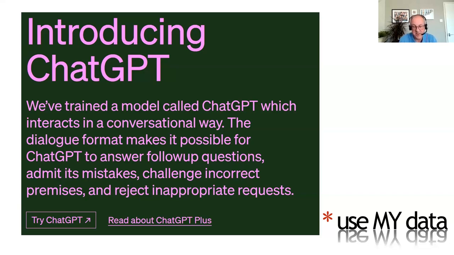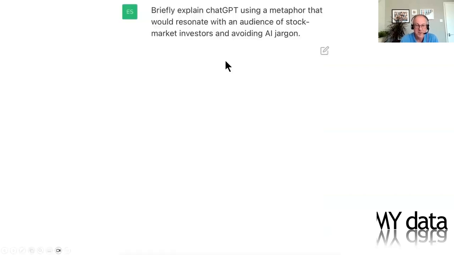And this is a screen grab from the ChatGPT website. It's on the web. You can go and register, and then you can get access to ChatGPT itself. And this is an artificial intelligence engine, if you like. It's designed to answer really tricky questions, and you can go and try it. You register with your email address, they send you a link, and you go and try it. So I did. But if you look on the website, it gives you some examples of what ChatGPT is about, what artificial intelligence can do these days.